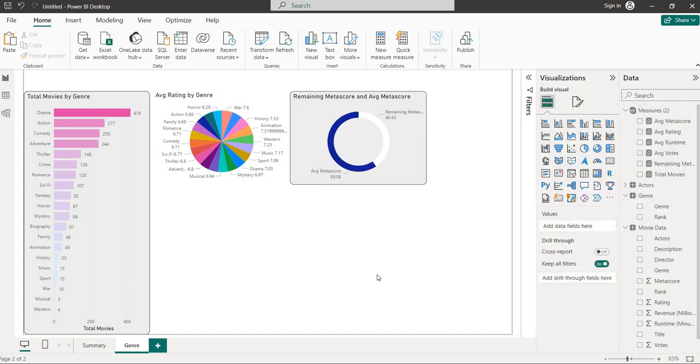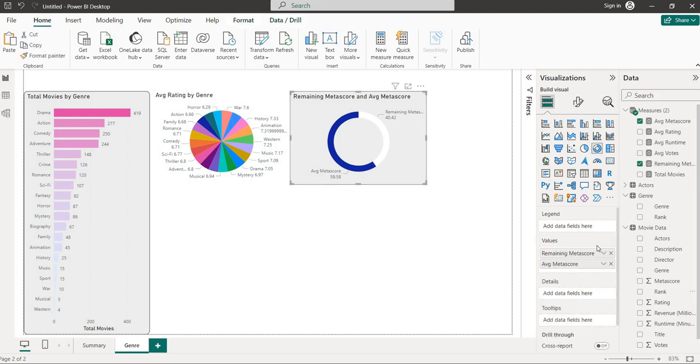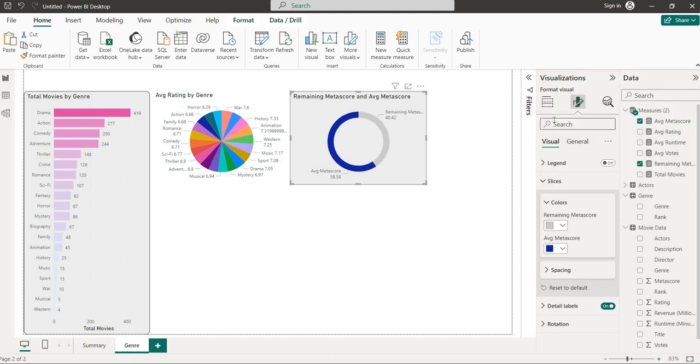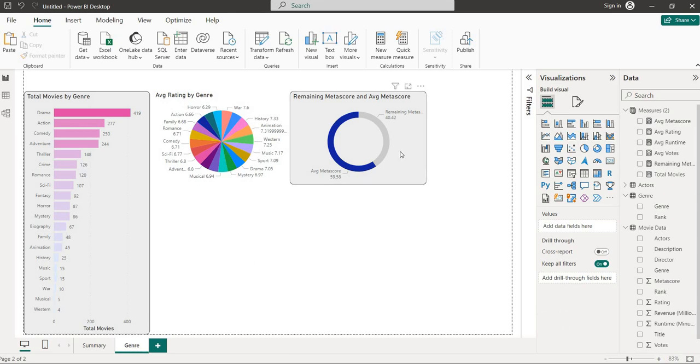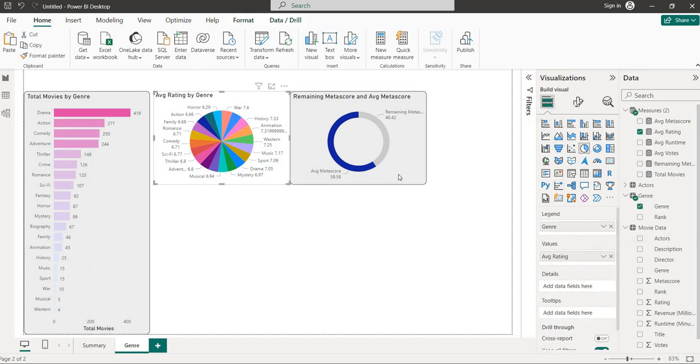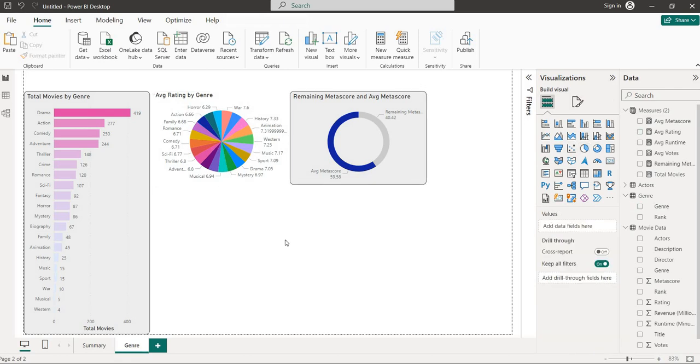Hmm, this is quite okay. Just a second. Hmm, okay, so this is something good. So this is our remaining Metascore. Okay, now this is our two. So we can see that average Metascore is 59.58.